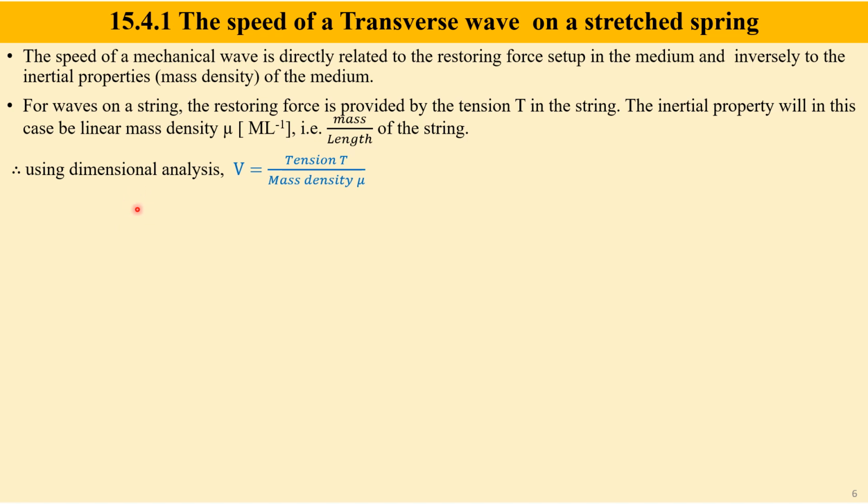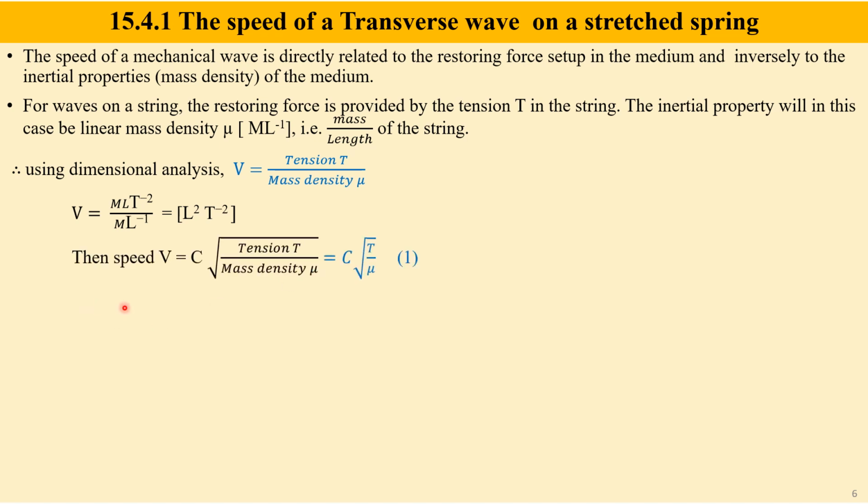That is the tension. The dimensions of tension, which is a force, are M L T to the power of minus 2. And the dimensions of the mass density mu are M L to the power of minus 1. Simplifying, we get L squared T to the power of minus 2. Therefore, the speed v can be written as v is equal to c into the square root of tension T divided by the mass density mu,